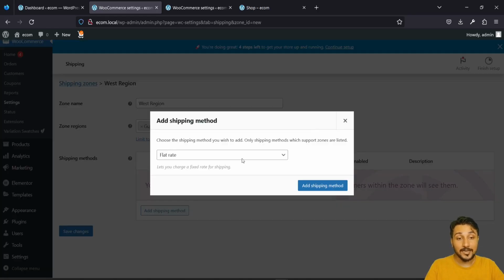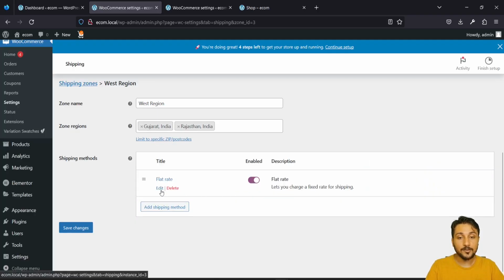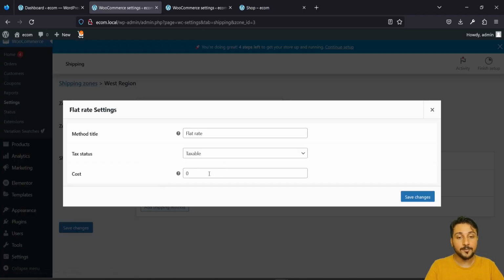Now, after that, add in the shipping method. This shipping method is actually going to allow you to add in the prices. So what I want is a flat rate shipping, where once I add this, I'll click on edit and put in the cost. Suppose for the Western region, I'm charging 150 rupees. Now, this 150 rupees would be on a per cart basis. So I have four products I have bought, and the total cost of shipping for all these four products would